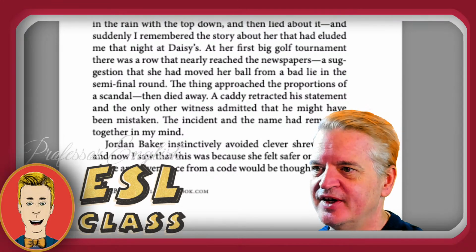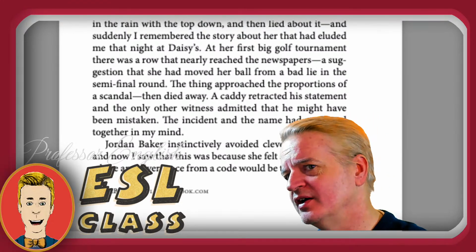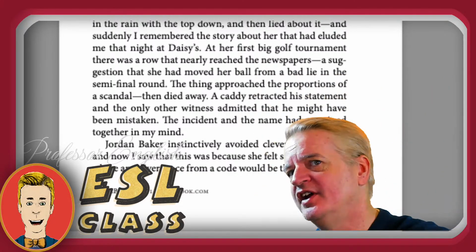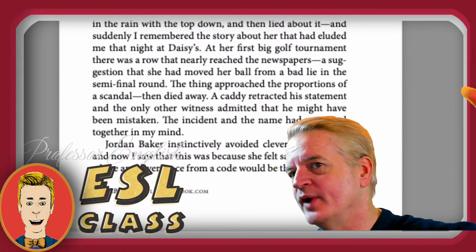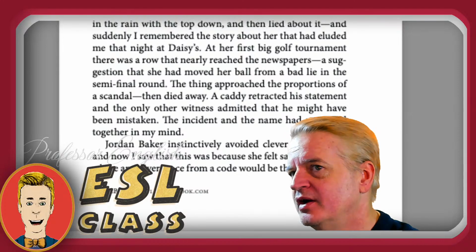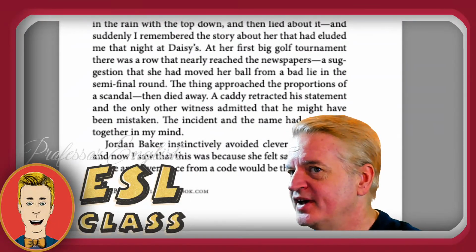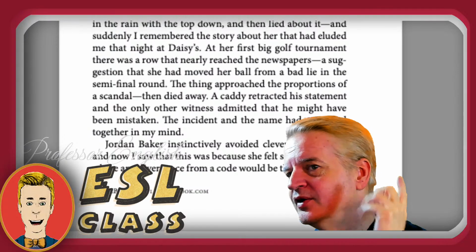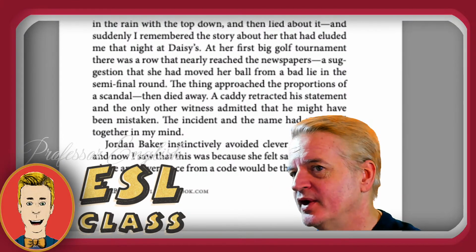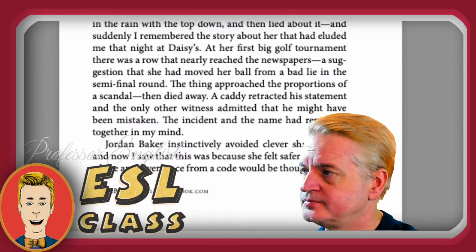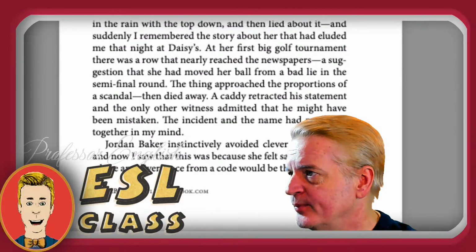and a cheater because she borrowed someone's car. A few weeks ago, she borrowed someone's car. It was a convertible. She left the top down and it rained, so it ruined the car. And she lied about it. And then he remembered an incident earlier in the summer when people were accusing her of cheating, of moving the ball closer to the goal when no one was looking, or something like that.